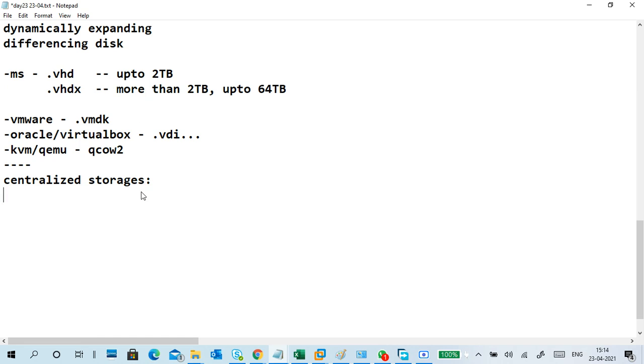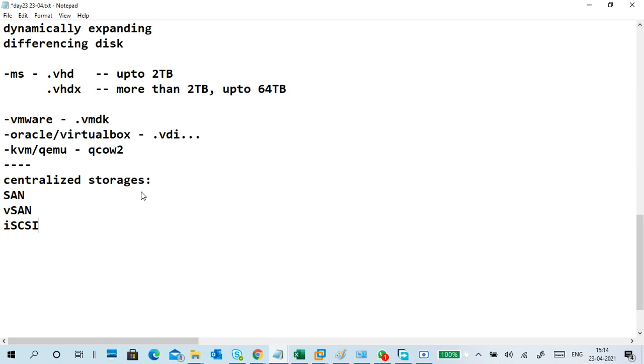Centralized storages are like NAS and SAN. Here vSAN means virtual SAN is also there. iSCSI is like a block storage type. These are all virtually like disk space in one location, but it is attached to a server or a